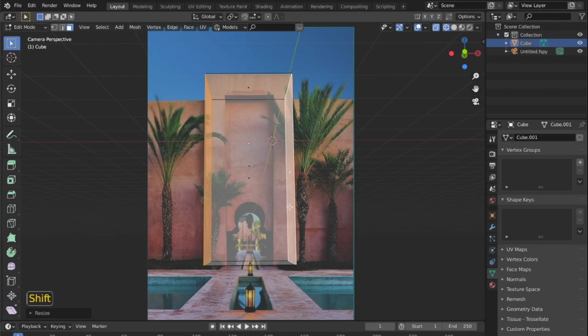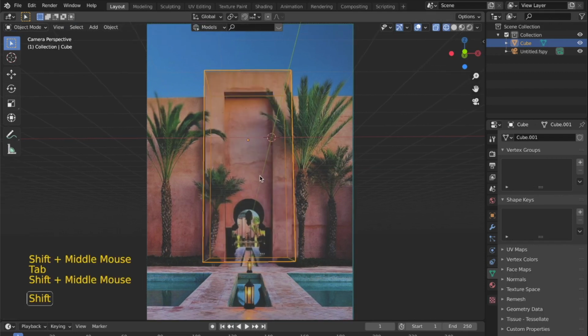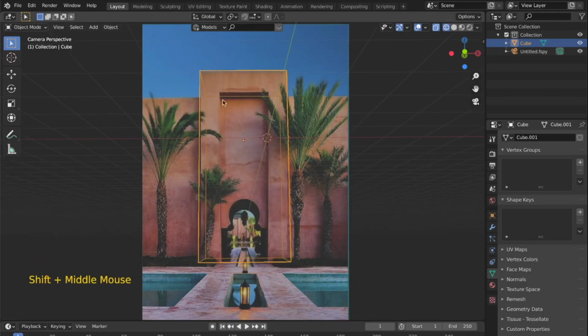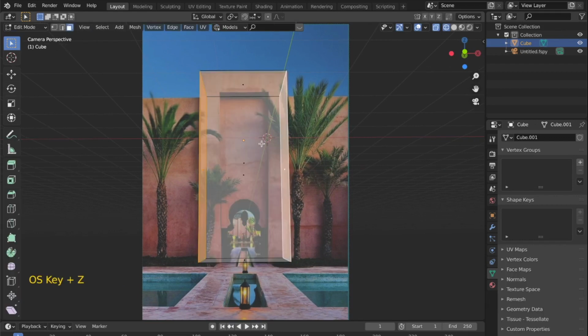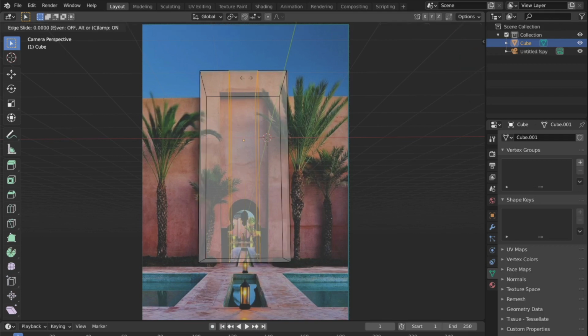Yeah, this should do the job for us. Now that we have done this, the second part of this is to model this void in between. Now to create this, I will go into the edit menu, and then over here I will press Ctrl R to bring loop cuts, and then move the scroll wheel to bring it twice.